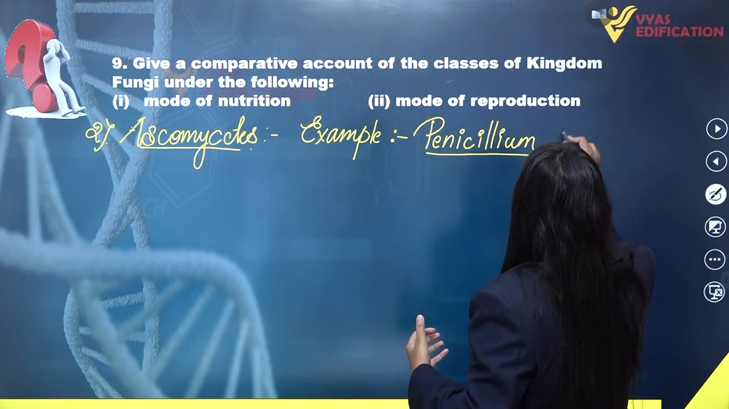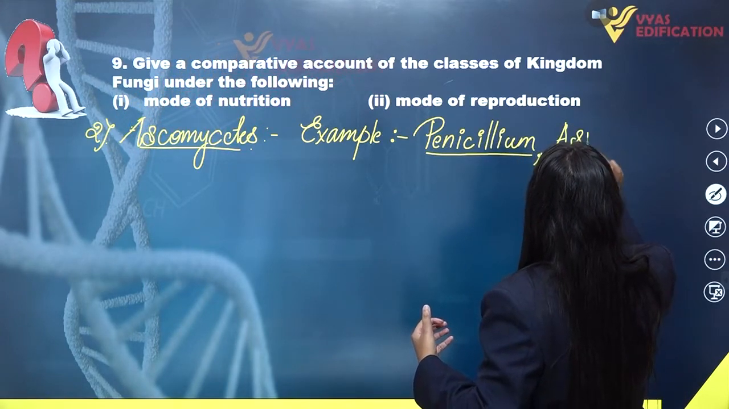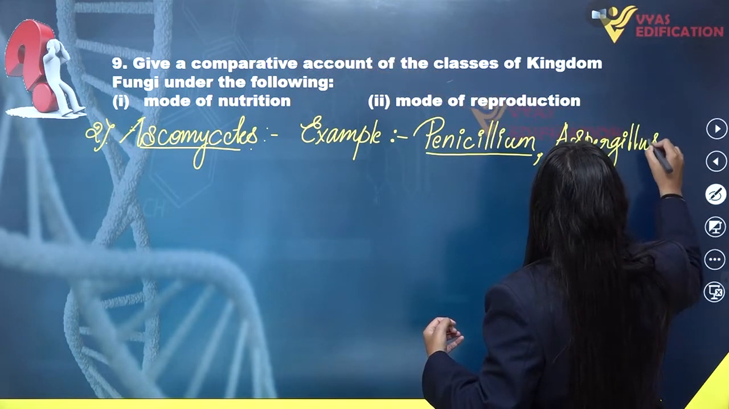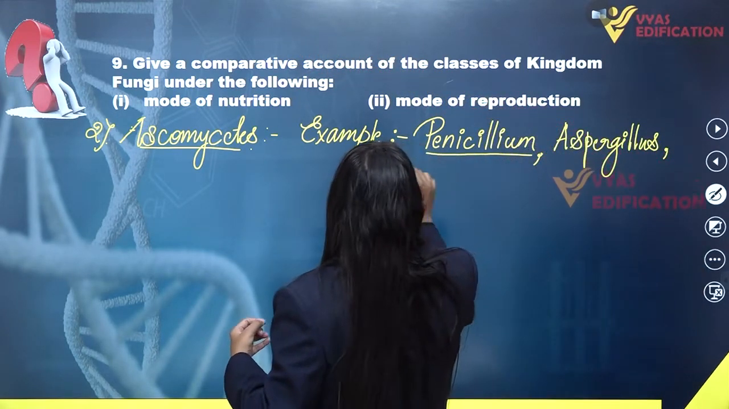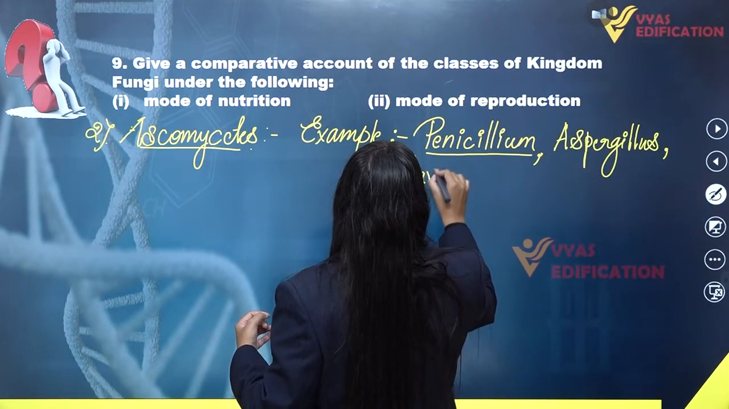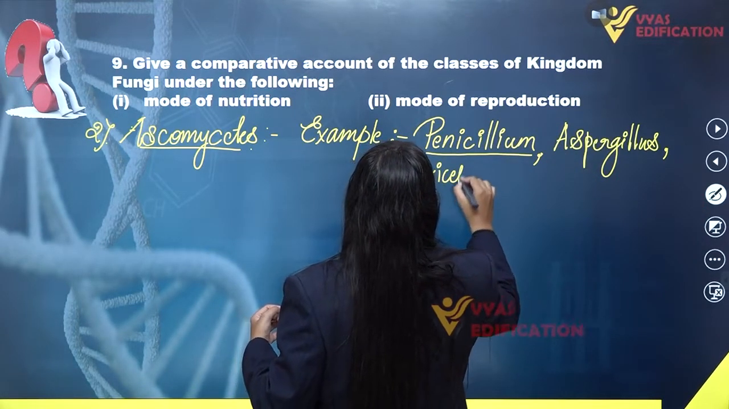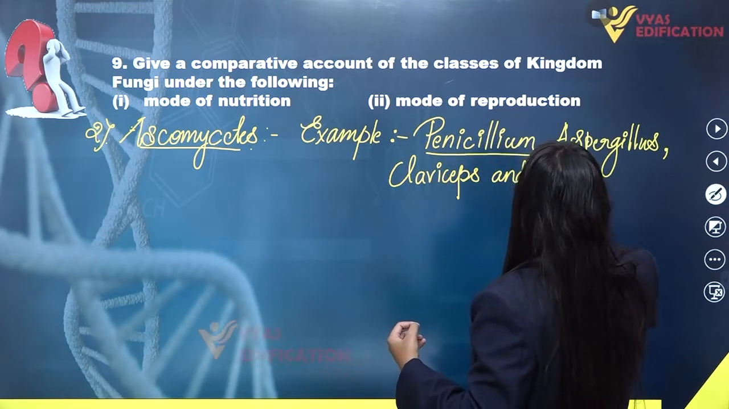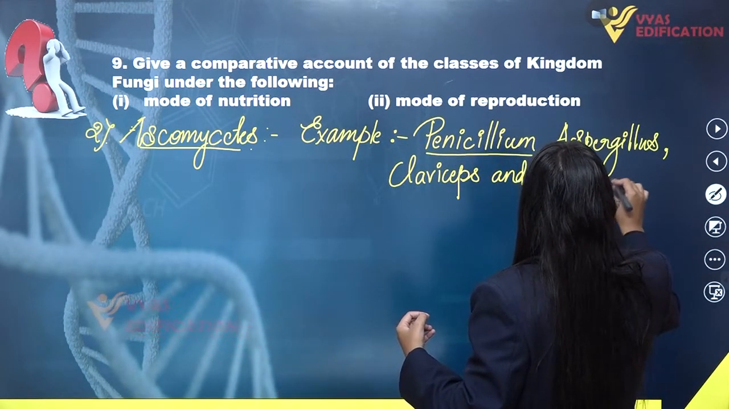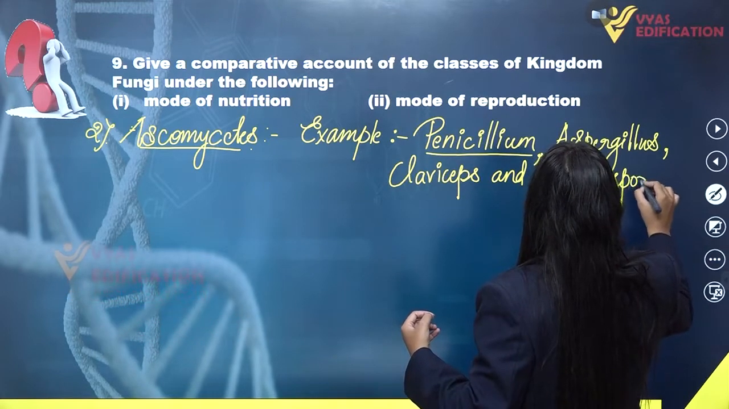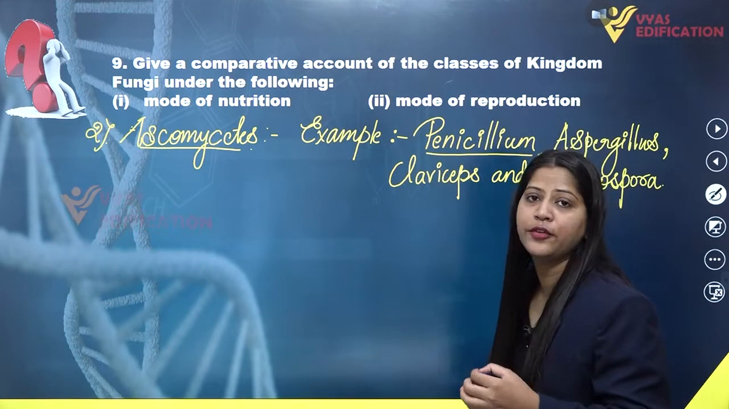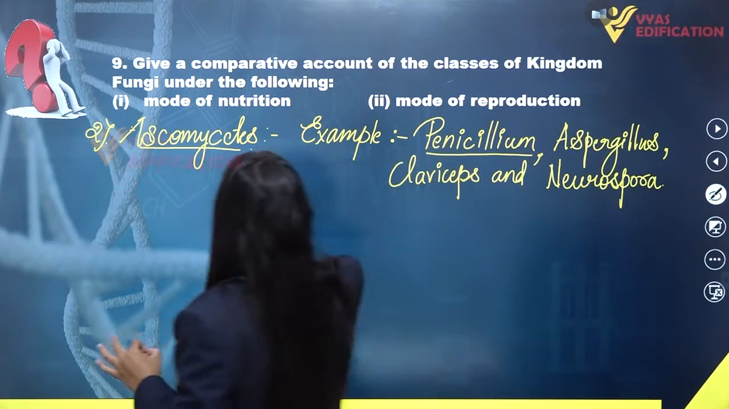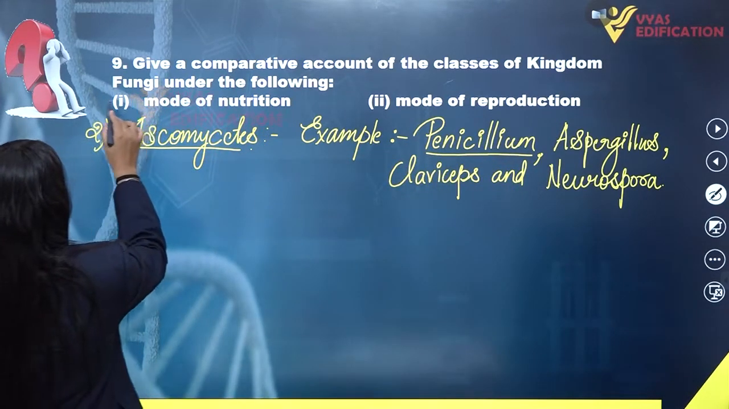Then we have Aspergillus. Also we have Claviceps and Neurospora. So all these are the examples of the Ascomycetes class of fungi. Then if we talk about the mode of nutrition in them,